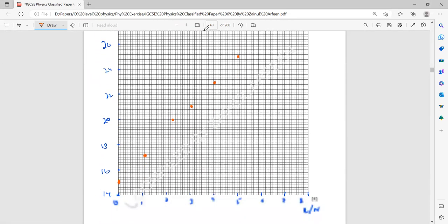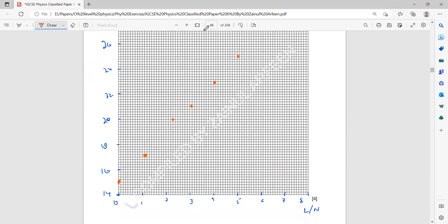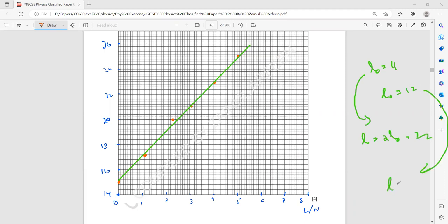this was our graph. For example, because it varies, your L naught might be 11, as some mentioned, or your L naught might be 12. Those who got 11 will find the load when the length is 22. But those who got 12 will find the load when the length is 24. So for example, if my original length was 11 millimeter,